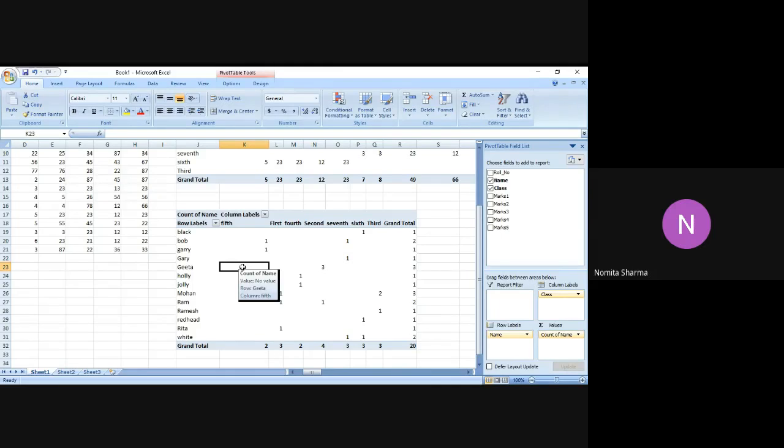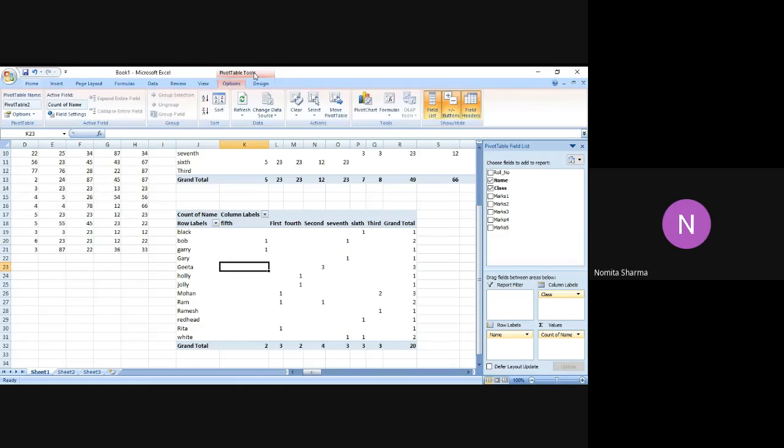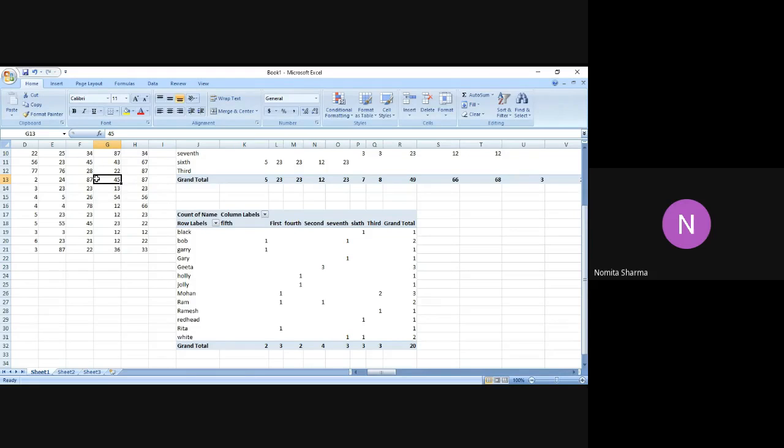If you see the command bar, the moment you have a pivot table on your screen, you will have a new option appearing in the command bar, by the name Pivot Table Tools. If you click on that, you will see the different options that you can work with the pivot table that you have made. And if you recall, when I placed my cursor on the master table, that pivot table tool option was not appearing.